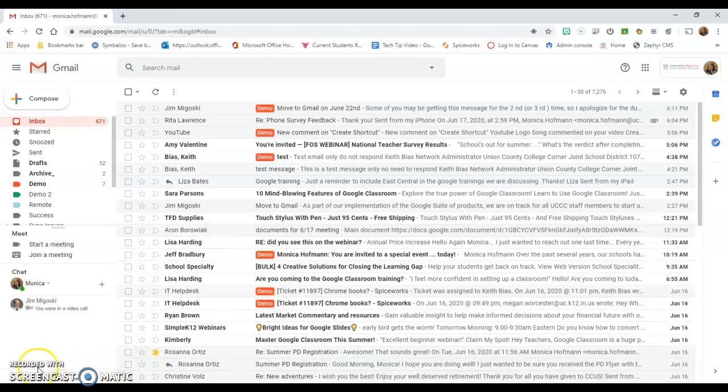So hopefully that helps you a little bit about how labels are different than folders and shows you how to create them and what to do